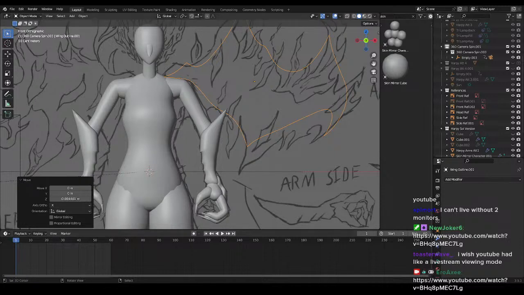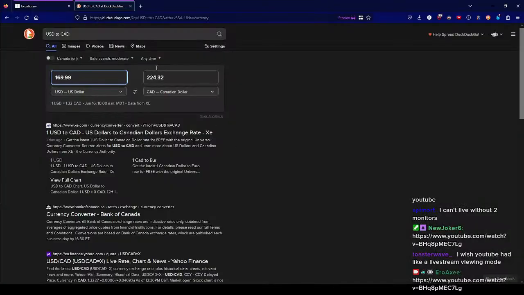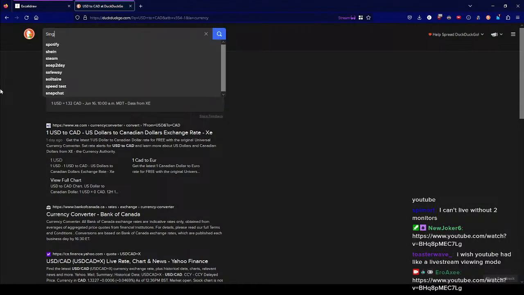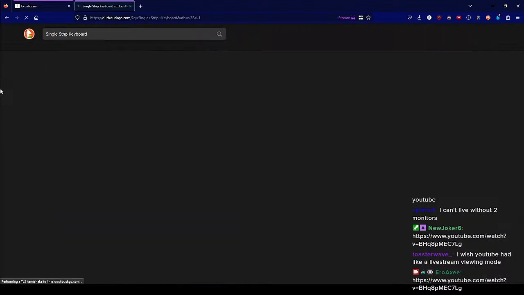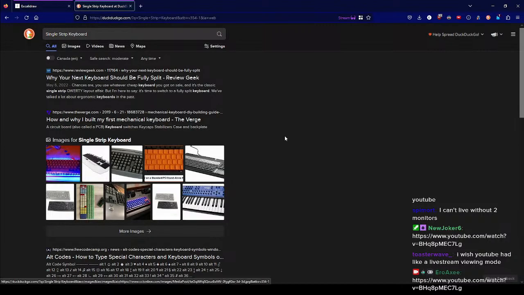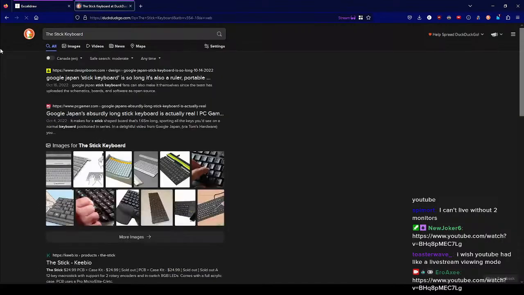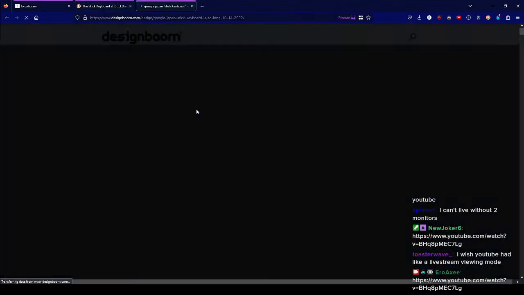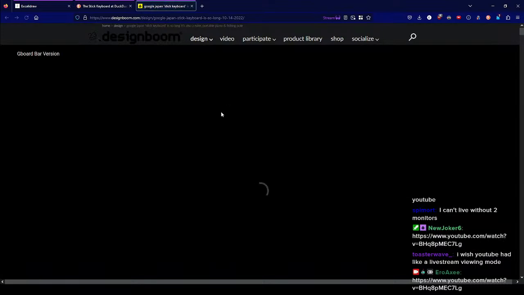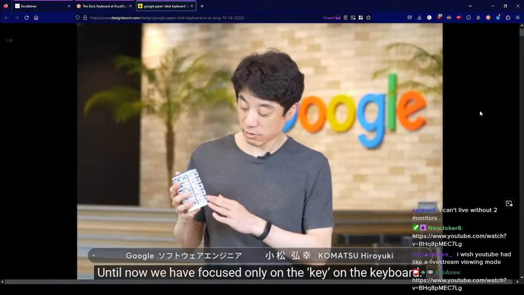Can I find it? So there's a keyboard that actually came up in a rabbit hole forever ago. Single strip keyboard. It was like, I think a joke keyboard. No, not a split. I do actually need to 3D print some risers for my split keyboard, but there's like the stick keyboard. Yeah, here we go. Found it. So Google Japan made a Gboard,